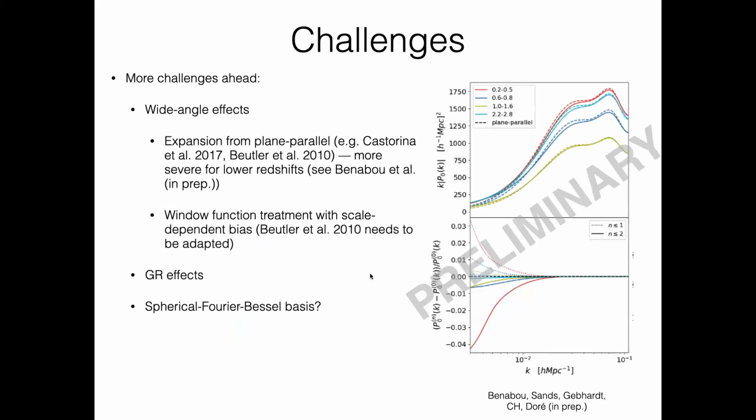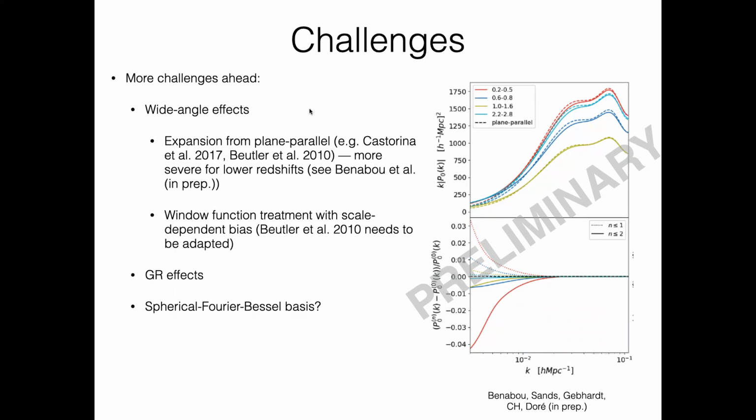We also face various other challenges such as wide angle effects, which become very prominent on large scales. This is one thing that SPHEREx will really need to deal with because we're going to be the first to cover such a large area of the sky in galaxy redshift surveys. There are various effects that creep in on such large scales that we didn't have to account for before.